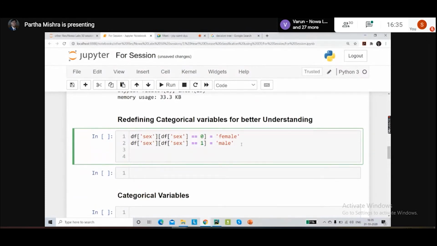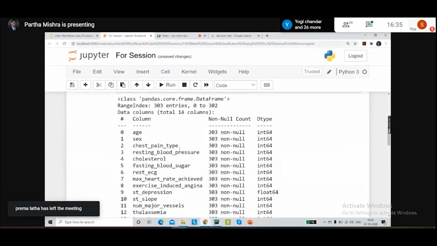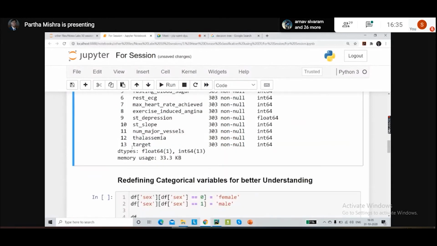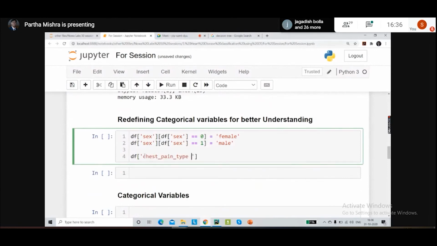Okay. Similarly, the next thing that we will do is go for the chest pain type. This also should be a category and not an integer. Okay, and here also there are about four types present in the data.